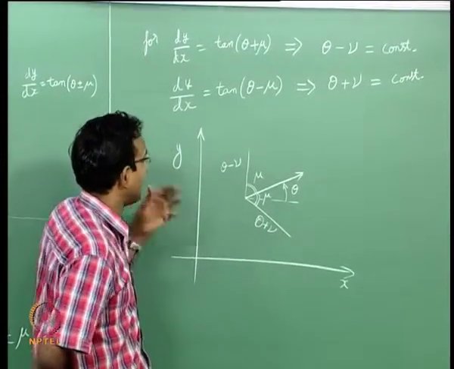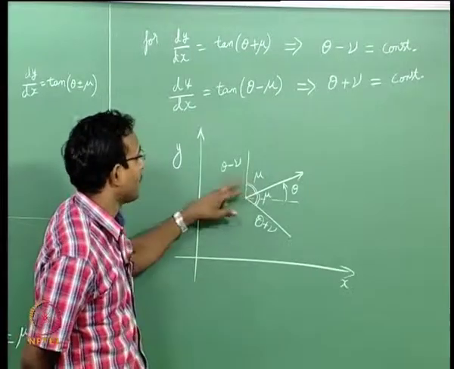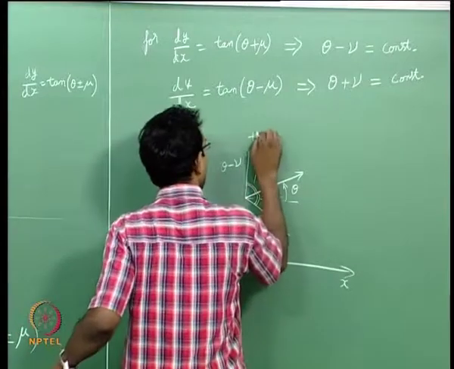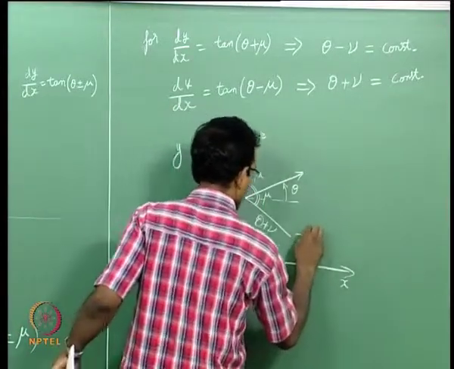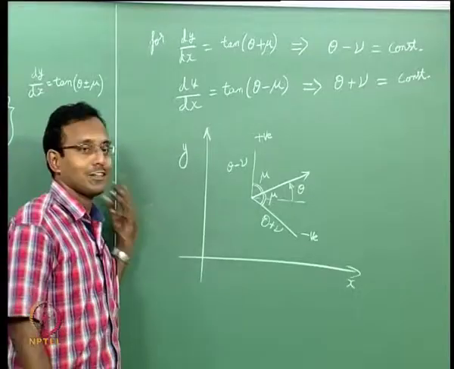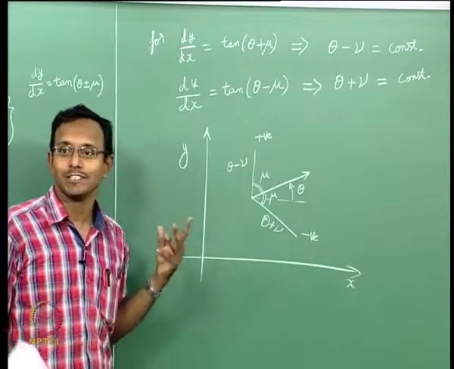Now, we label these characteristics something. Typically, the one with positive mu is called the positive characteristic. This is called the positive characteristic, and this one is called the negative characteristic. That is one way of writing it. But this becomes confusing in problems which are not having almost flow parallel to the axis. There will be problems where things get complicated. So, we have another convention. People use both interchangeably depending on what you are discussing.